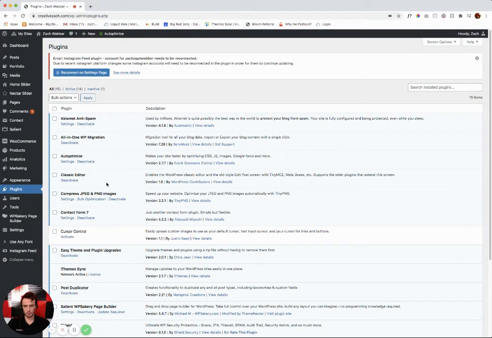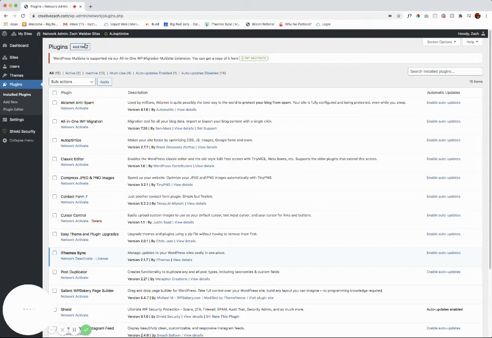This is where you can see and manage all those plugins, update them, delete them, whatever that is. And how you would add new ones is usually up here, there is an Add New. My site is a network site, so it looks a little bit different, but it will look like this. So Add New. If I click on Add New,